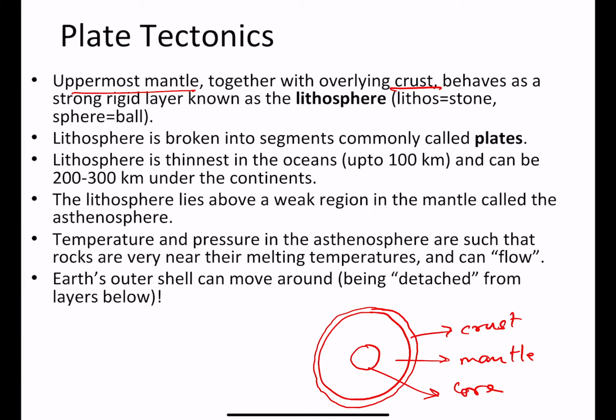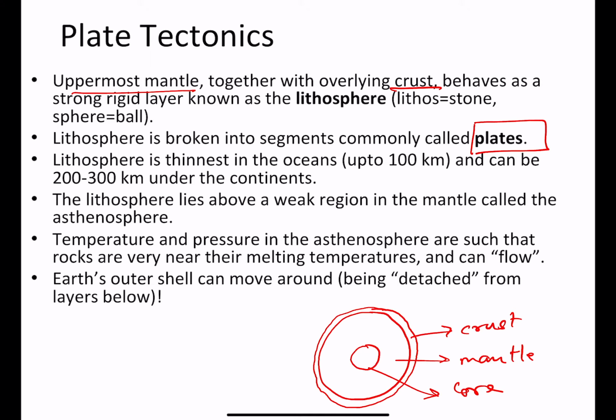And then the lithosphere also is not completely intact. It's broken up into segments, and those segments are called plates, right? So just imagine that you have an egg. The outer shell of the egg would be the lithosphere. Now just imagine that you've lightly hit the egg with a spoon, and so you can see that the shell is cracked. So that's what the Earth's lithosphere looks like. It's not completely intact, but it's broken up into pieces, and those pieces are called plates or tectonic plates.